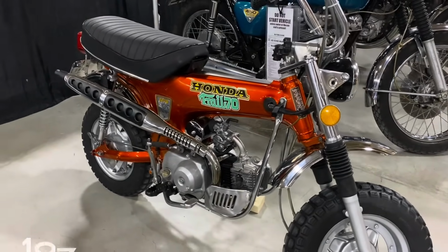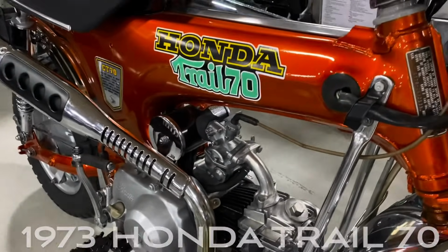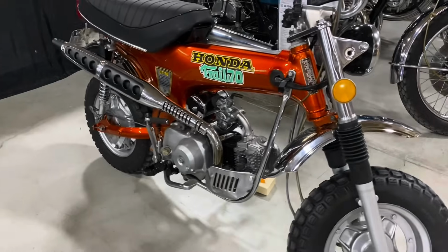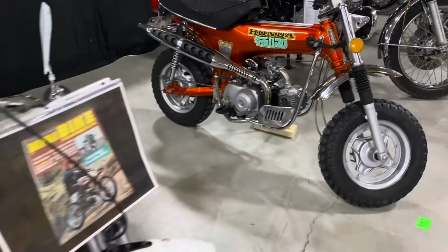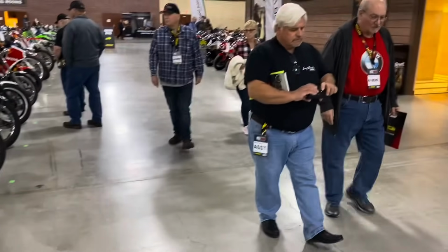That one, super, super clean. A lot of reproduction parts being made for these bikes as well. That will help you shade tree mechanics like me out there that want to keep them going. Won't help you collectors that want to keep everything OEM. And trust me, you come here with this many experts, people have a keen eye and they know what they're